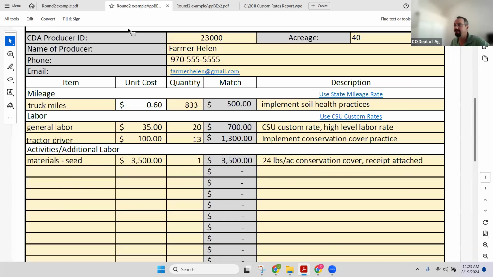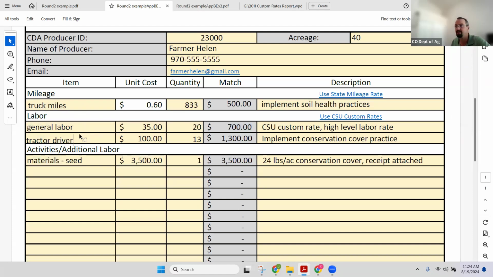This example is on the grant guidelines and it's Appendix B, example 1 for Farmer Helen. It's all explained in there, but I put it in the sheet. So we have miles on this one, 833 miles to implement soil health practices. Pretty simple. If you wanted to put a little more detail, that'd be fine, but this is all we really need. This individual broke out both the general labor and the tractor driver into 2 separate pieces because they're very